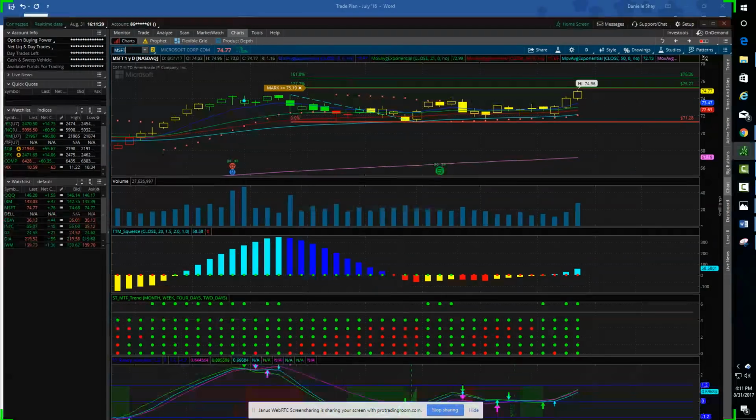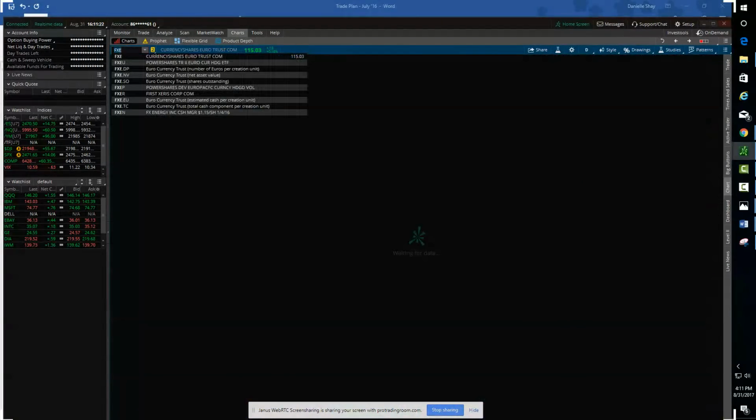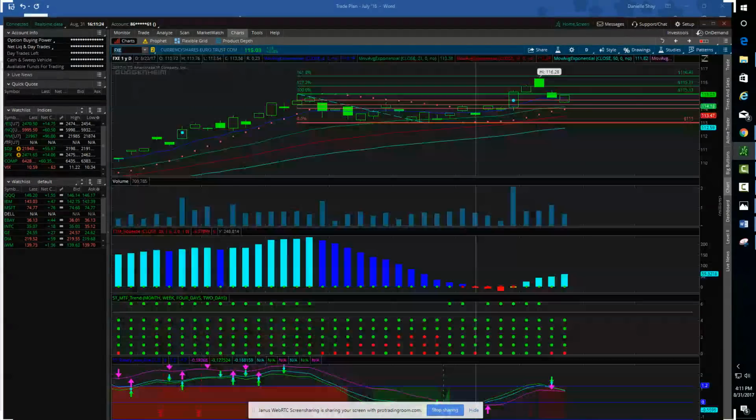There are also these instances that I have to point out too. So I was in this FXE trade. That was a great trade. Made good money in this one as well. And I took it off right at the 1272. And look, it did come up. It didn't quite hit the 1618. It did go up the day after I got out of it, which sucks.